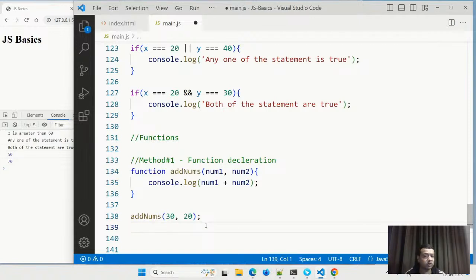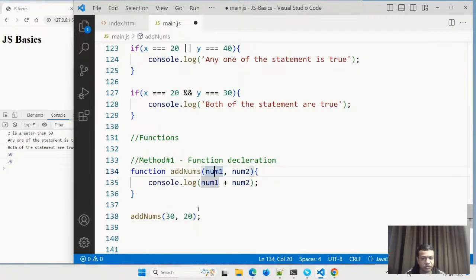Okay, and as I told, bigger programs are always divided into small functions. The same group of things are put together in the same function, like some common functionalities. So this is the number 1 way in JavaScript, called function declaration. Here, these things which I'm passing are known as parameters.